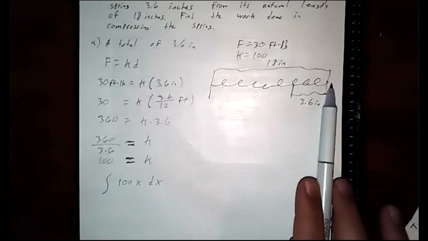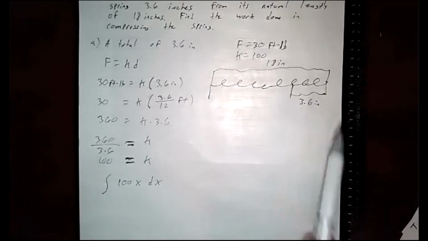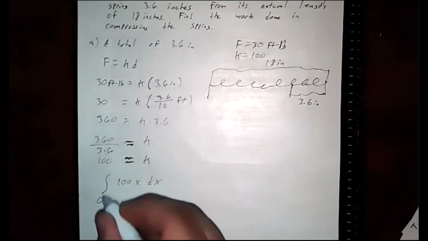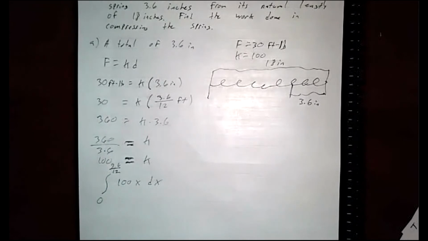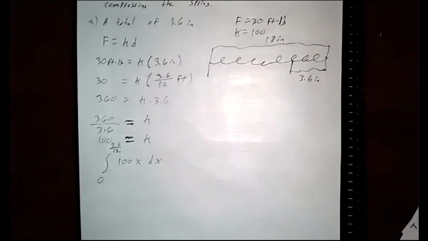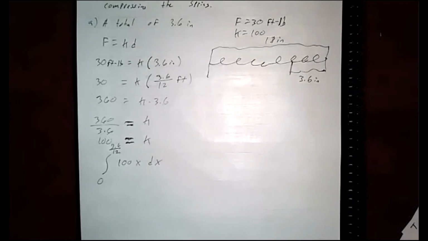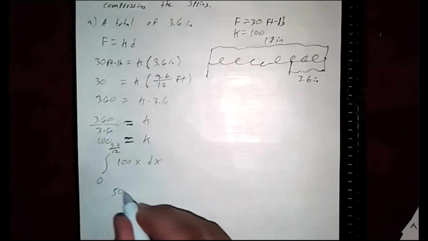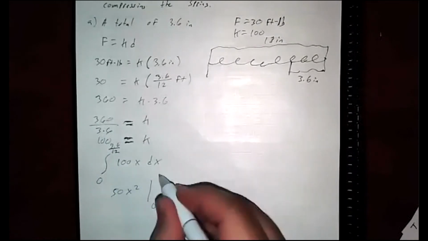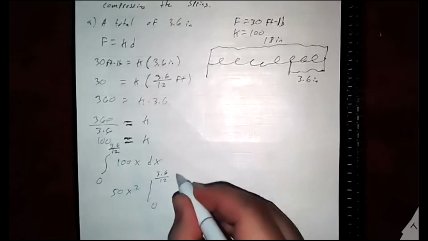The formula said the bounds on the integral is just how far it was compressed. So it'd be from some zero distance compressed all the way to 3.6. So it'd be 0 to 3.6, but we got to leave it in terms of feet, right? Because we're going to get foot pounds for the work. Okay. So make sure you put 3.6 over 12 there. So the integral is no big deal, right? That's going to be 50x squared from 0 to 3.6 over 12 feet,